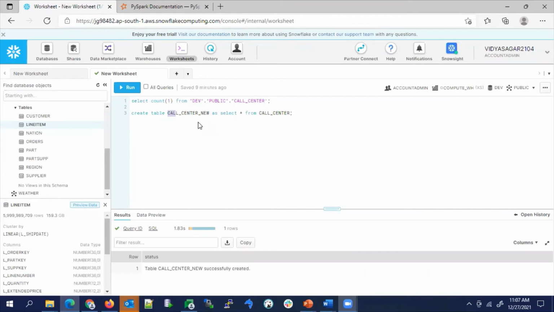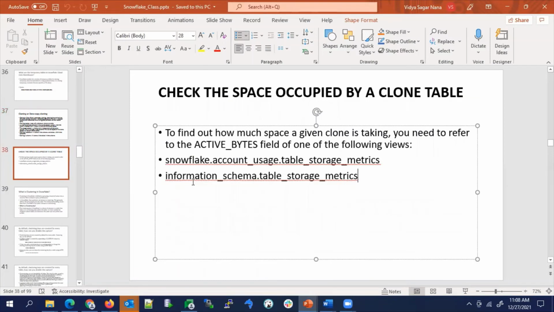So let's see how it works. What is the active number of bytes actually occupied? Those things we can check using this table, which is available in information schema. So let's try to